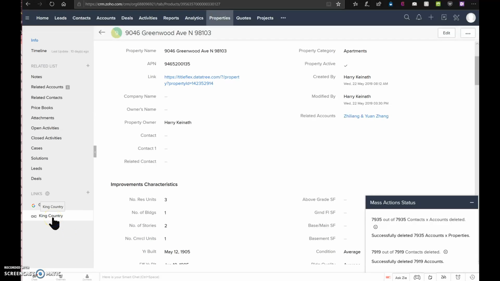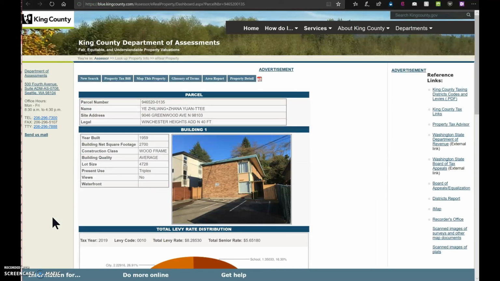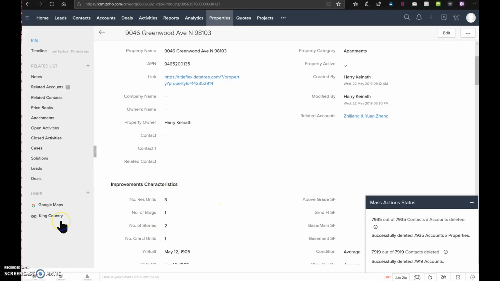So this active link that's labeled King County is truly excellent in the way that it works for King County. When you click on it, it brings up the county record on the property that I'm looking at, which is fantastic. But what I would like to have is this be a conditional link, and I would like to have it